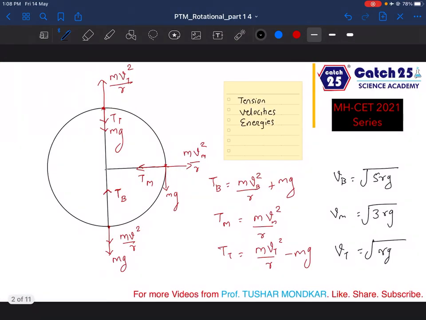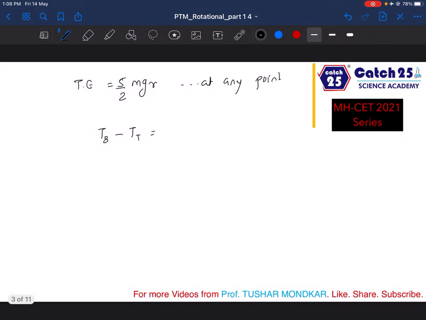So tension at the bottom is more, tension at the top will be very less. So you could solve them to get the final answer as 6 mg. You could also remember this as a shortcut. Now since we are done with the basic theory that you require, we will move on to solve sums.